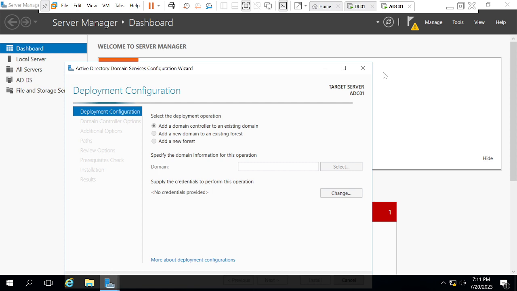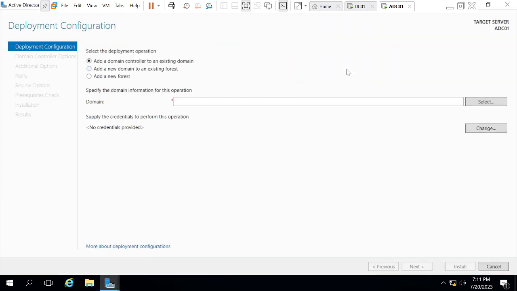Click on that, and once you click on that, you see three options. One is add a domain controller to an existing domain. Means if you already have a domain, you add an additional domain controller, ADC. So in my case, I have to go with the same option, which is add a domain controller to an existing domain. I'll select the first option and specify which domain it has to be added to. In my case, it is microsoft.com. Okay, and then click on select,